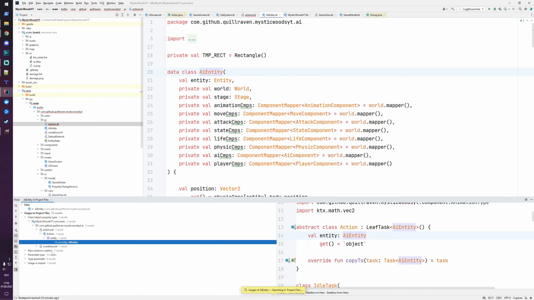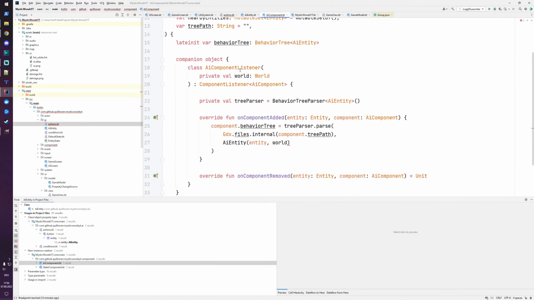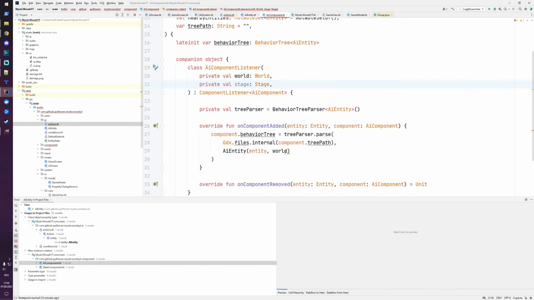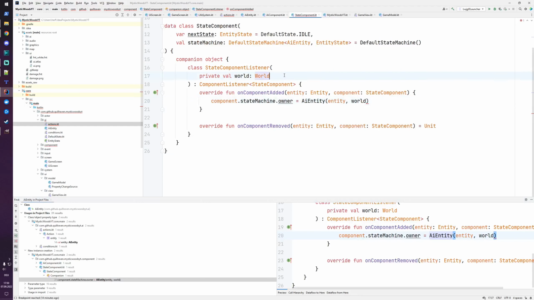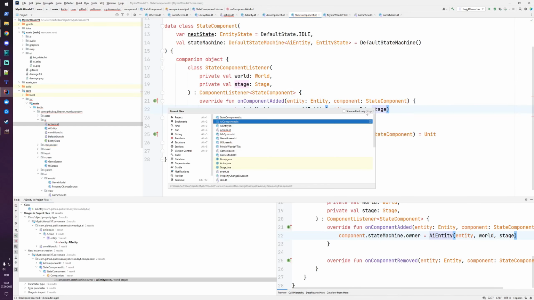So let's see, new instance creation, there should be 1 or 2 areas. So here in the AI component listener, we also get in our stage and also in the state components. There we also need our stage. Okay, so